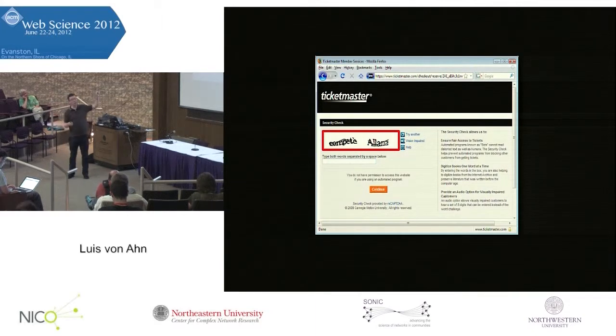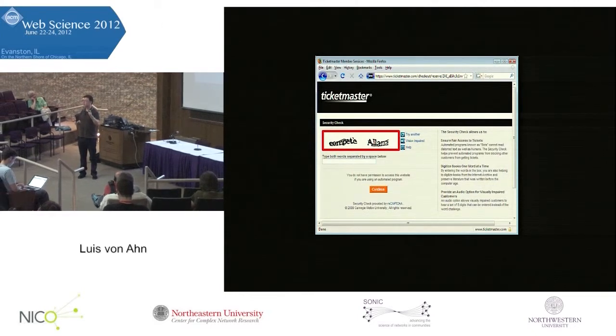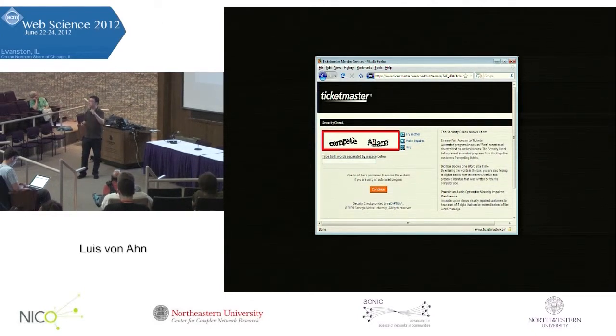which takes an image of a word and tries to decipher it. The problem with OCR is that it's not perfect, especially for older books where the ink has faded. The computer cannot recognize a lot of the words. For example, for things that were written more than 50 years ago, approximately 30% of the words cannot be recognized by the computer. So what we're doing now is taking all the words that the computer cannot recognize and getting people to read them for us while they type a CAPTCHA on the internet. Next time you type a CAPTCHA, the words you're typing are actually words coming directly from books that have been digitized that the computer could not recognize. And we're using what you're typing to help digitize the book.